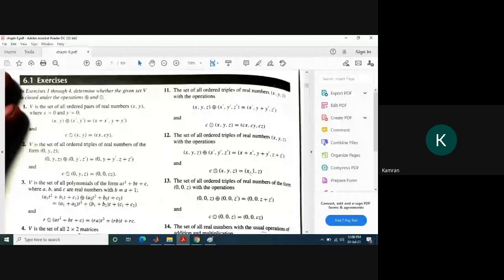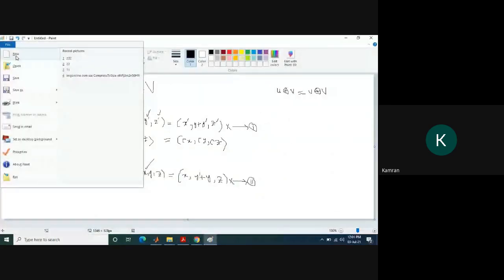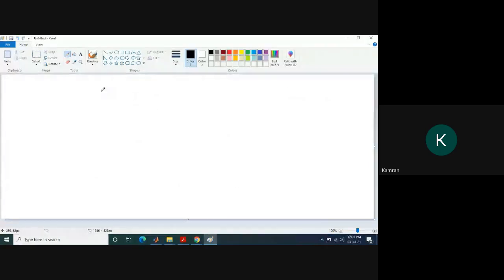Now we have to verify the property E. The property E is that c dot (u plus v) is equal to c dot u plus c dot v. This is property E. We need to verify these properties. Now here u plus v, if u is